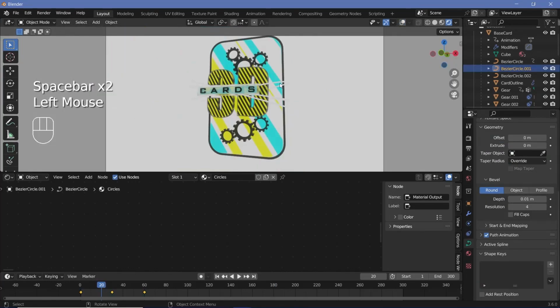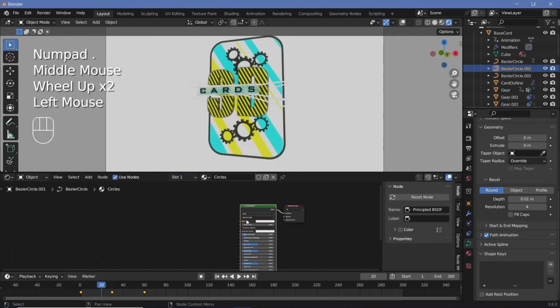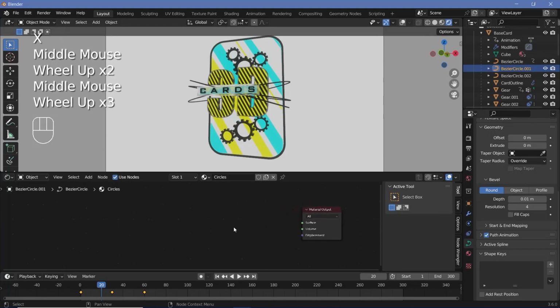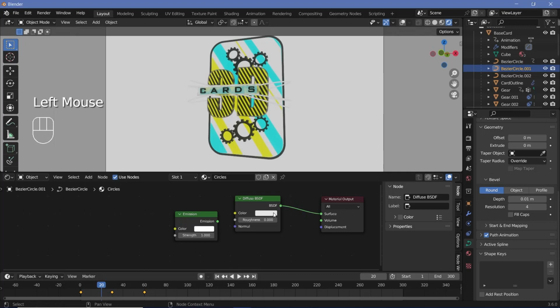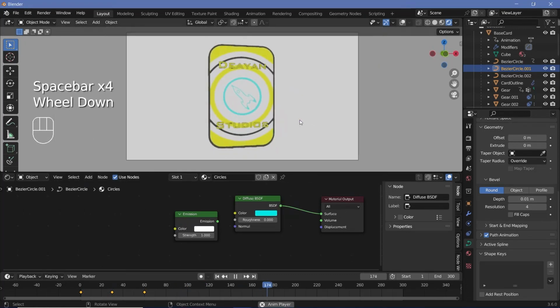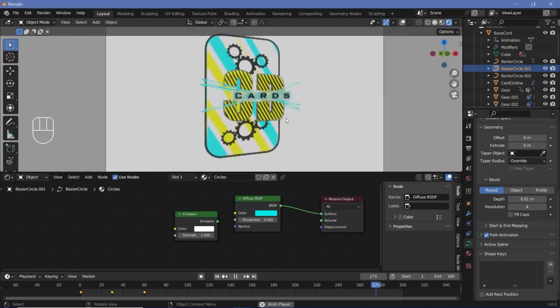Next, let's just give some materials to these Bezier circles. So I'm going to make these fairly simple. Remove the Principled BSDF, press Shift A and search for an emission node or a diffuse BSDF, plug it into the surface and change the color to maybe the blues that we had. So that's actually all there is to create this sort of a card, but it obviously won't look good without